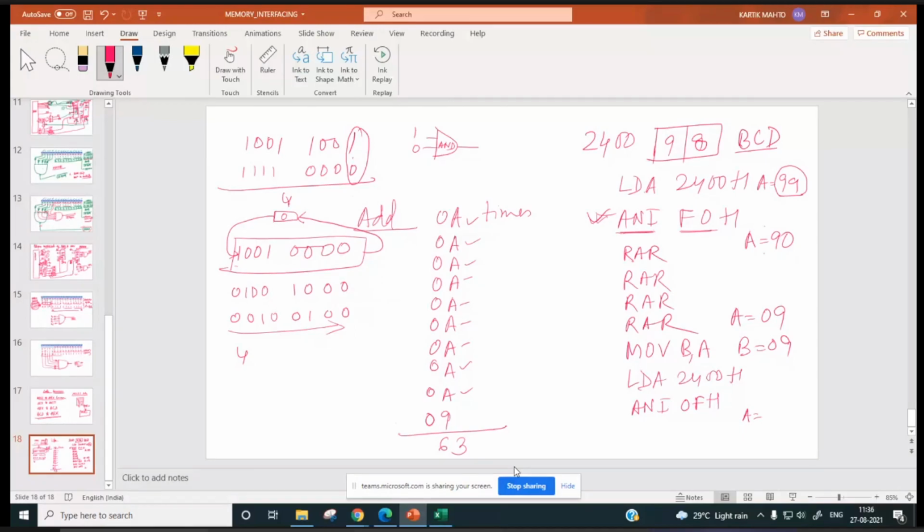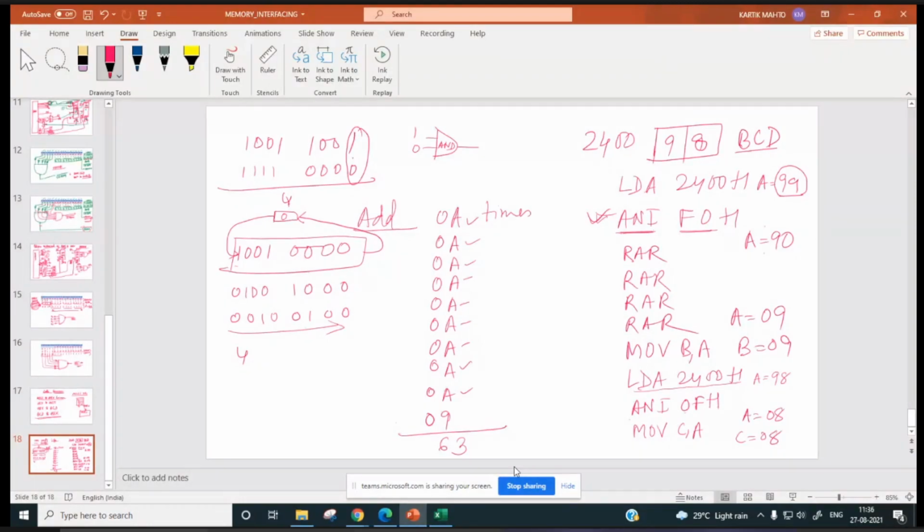LDA 2400H. A will be 98. ANI 0FH. What will be A now? 08. Now I am moving this to the C register. MOV C, A. So C will be 08.